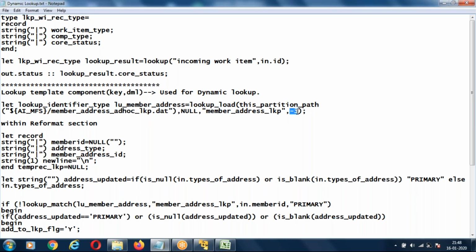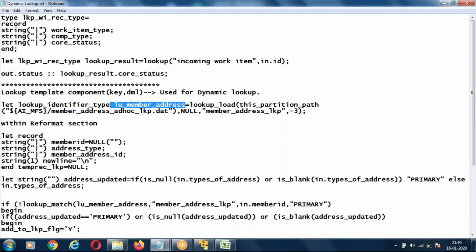So we'll have some numbers, 0, 1, 2, 3, and each has some meaning, such as whether it is completely loaded or not. We'll have some options when you go with the lookup load, and we pass some value here, by default -3. Once you write this kind of line, the data of this lookup will be loaded into the variable. Once this variable has the whole data,